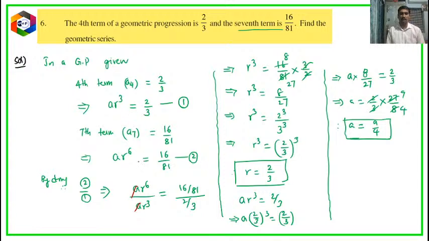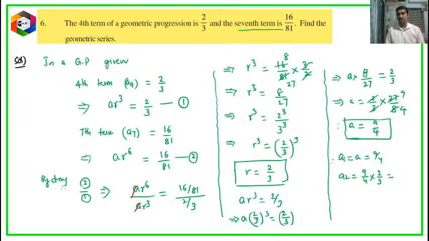in equation 1 or 2. I just substituted here in equation 1. By replacing that we will get the value of a as 9 by 4. Now it is asked to find the geometric progression. So a1 is equal to 9 by 4 and a2 is equal to 9 by 4 into 2 by 3,